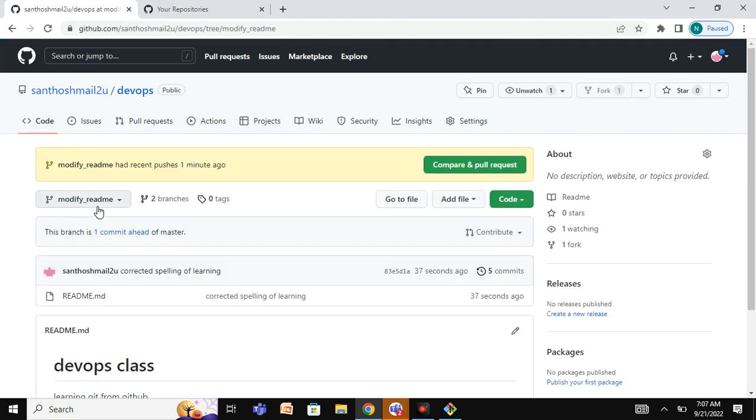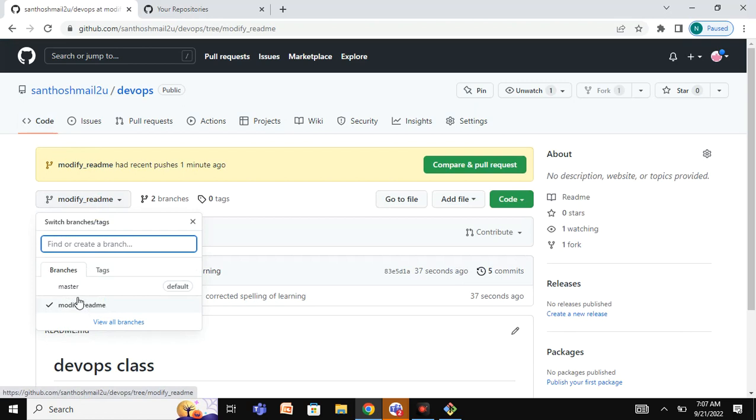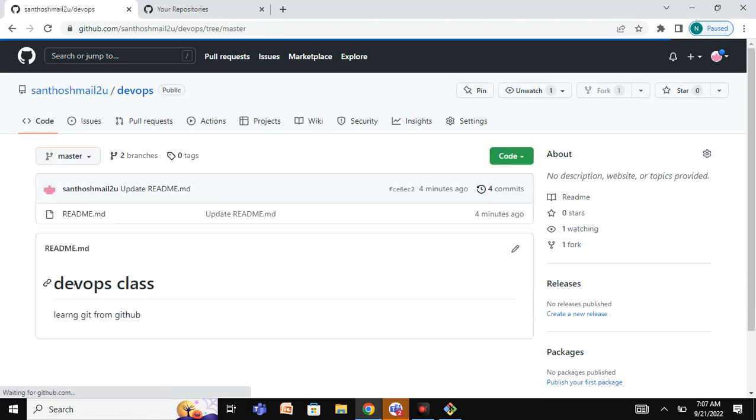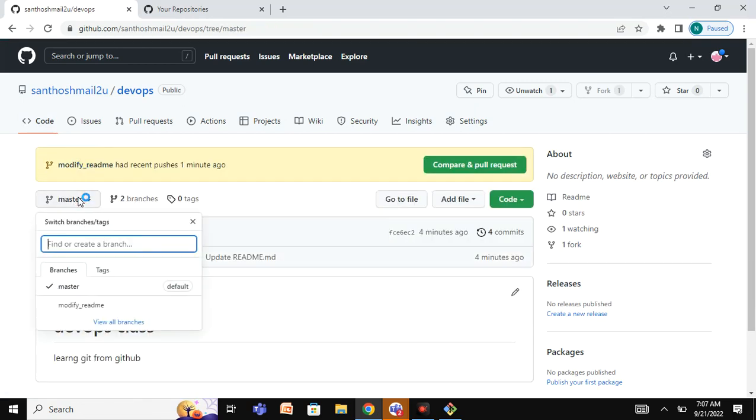So whenever I create a branch, it is like a copy of the master branch. Are you able to follow this? The moment I created it, I just typed in some branch name, like modify, and it says "create branch modify from master". It's going to make a copy of it. So I created modify